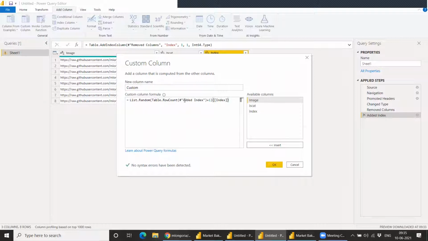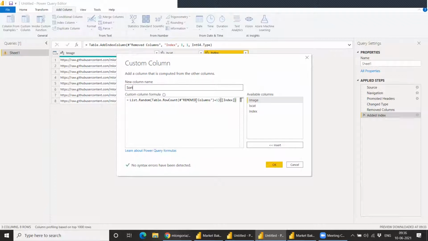The last step which we have is now Remove Column. So we do Remove Column, Index. Is it case sensitive?